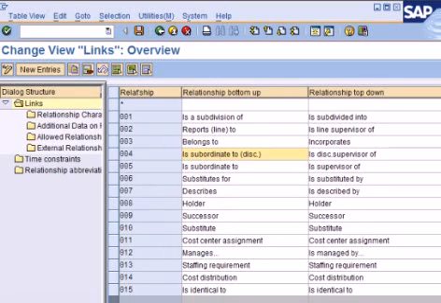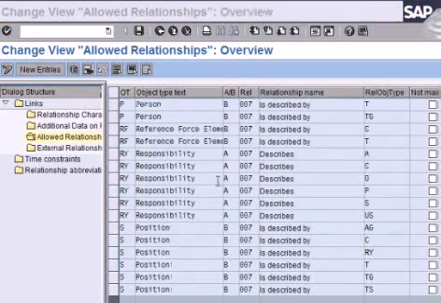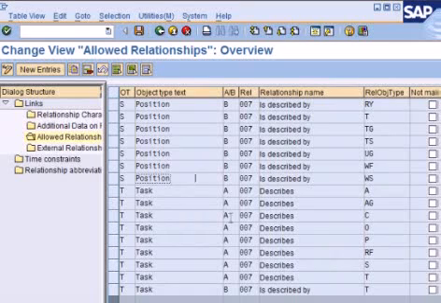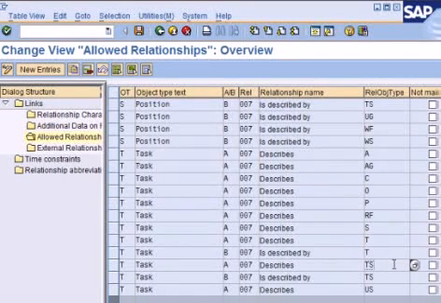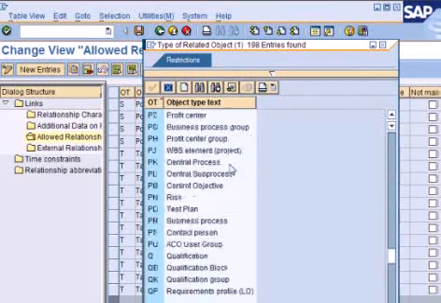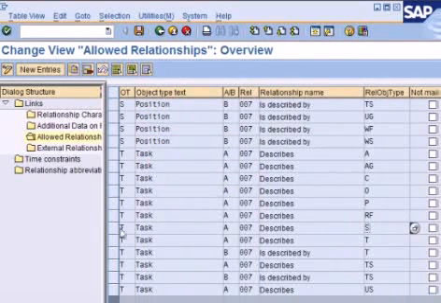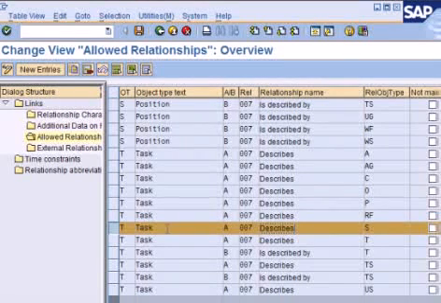So if we select a specific entry, 007 is described by, which helped us describe a relationship between a task and a position. And let us click allowed relationships for this and see. So if I scroll down to the task, here it is, tasks, describes, and position is indicated by the object type S. And if you see the drop down here and scroll down to S, S is the position. So this is where I define that I can create a relationship between a task and a position